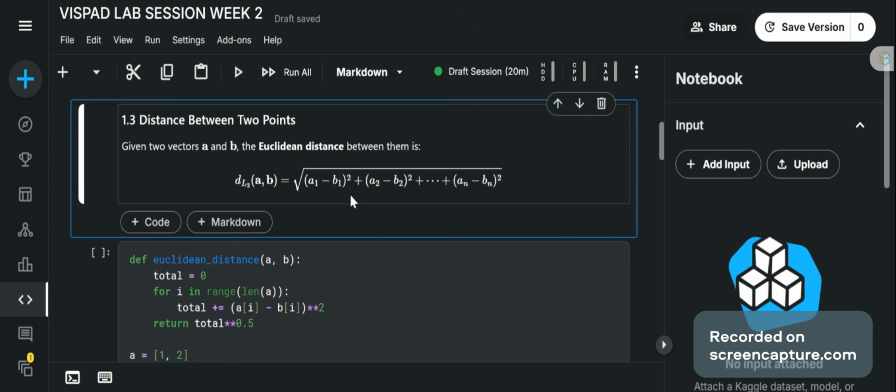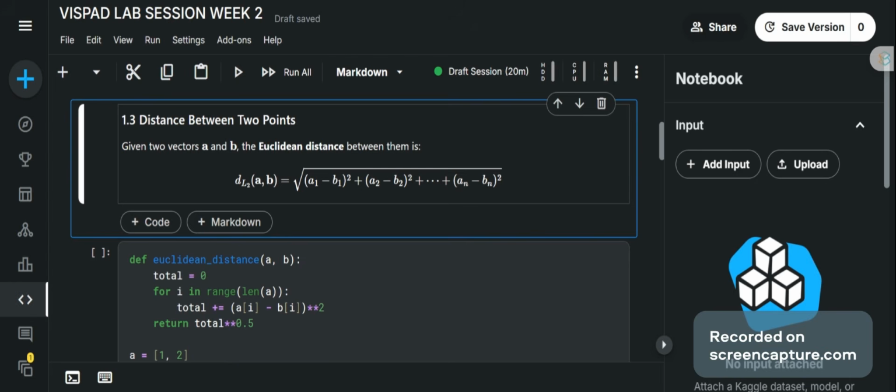It's simply the distance between two vectors, which are represented by points in space, A and B. So we have vector A and vector B. The Euclidean distance between vector A and B is the square root of a1 minus b1 all squared,